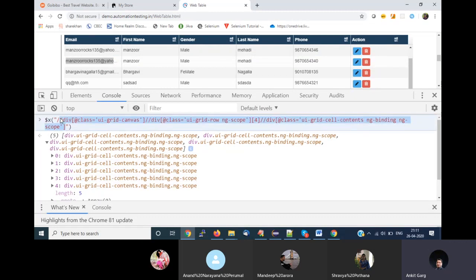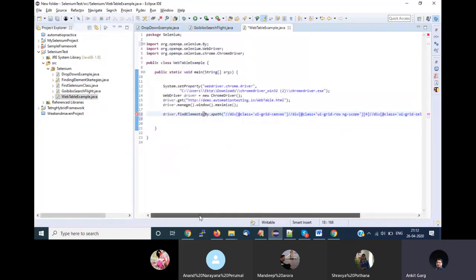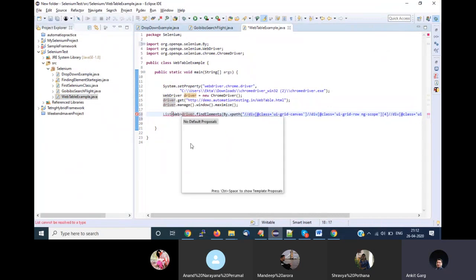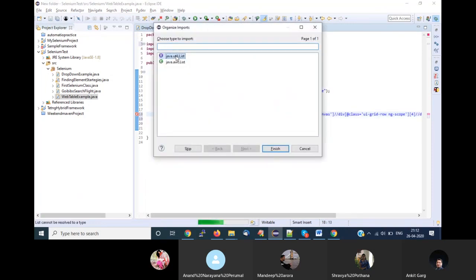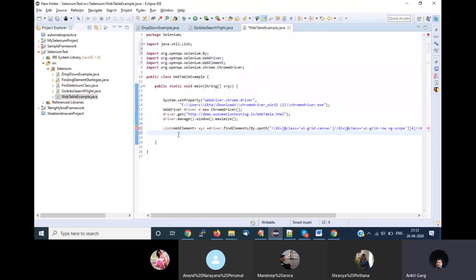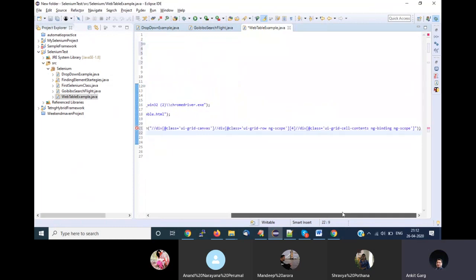Okay, so I'm going one step ahead again. I have to tell you that this is giving me a list, right? I'm just storing it in one variable. This might be a bit confusing at the moment because a few things are pending for you. I have to import my list. Now there is one method in your list.